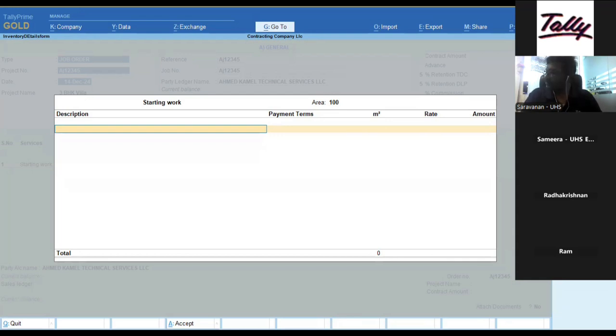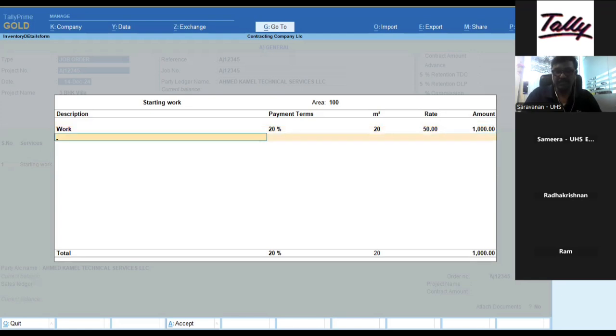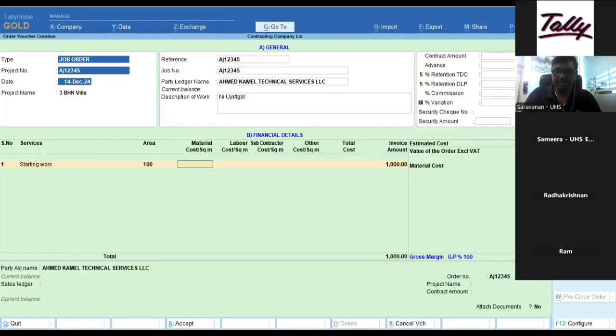Proofing work. This is the payment terms. For example, that 20%, then rate per square meter. So the amount is coming automatically, it's coming like this. So the square meter total,